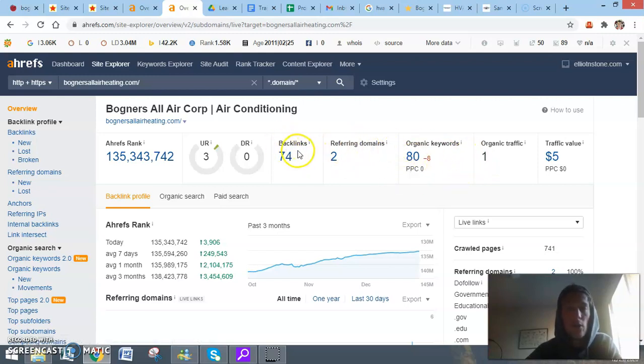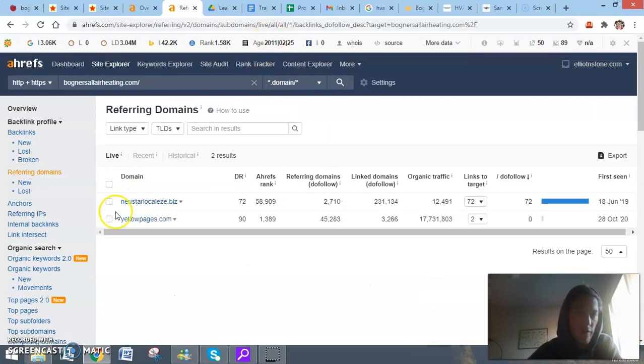So we would basically go in and try to really boost these referring domains up. We can see who you're being found by. Newest or localeze.biz is sending you 72 links right there, and yellowpages.com is being pulled up. Again, strong